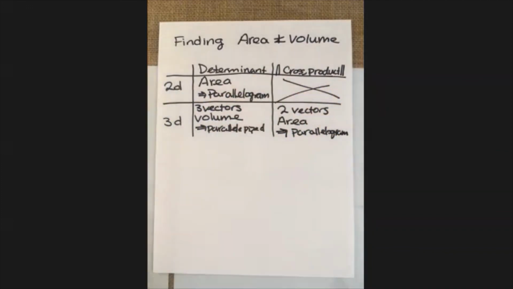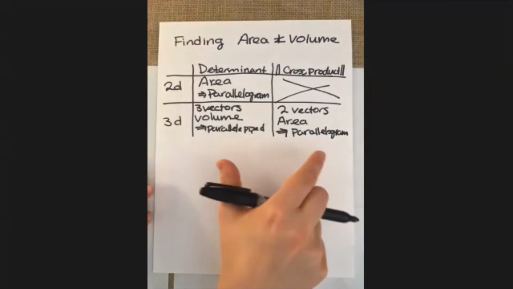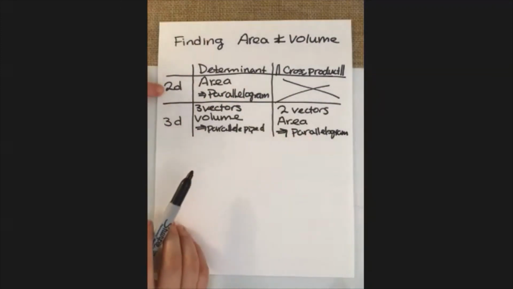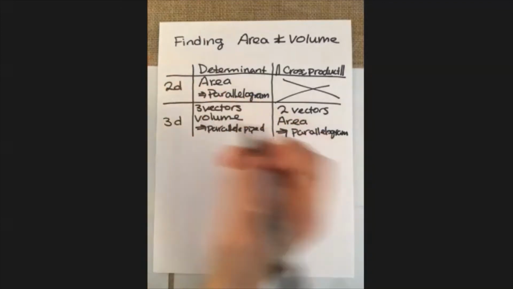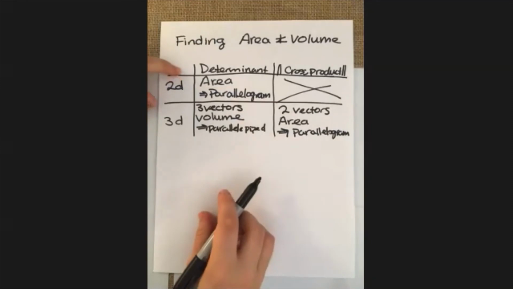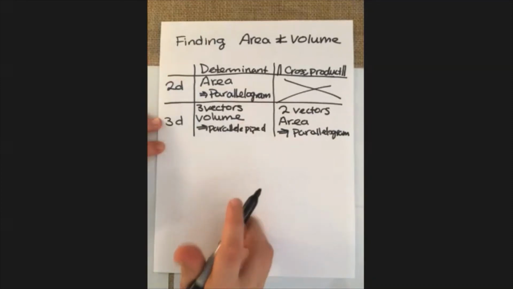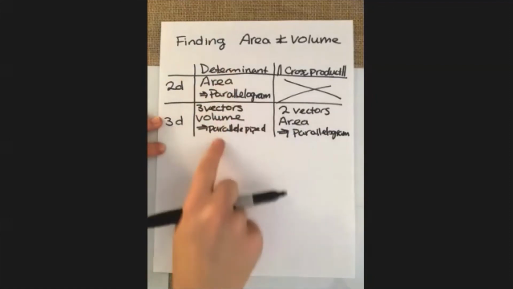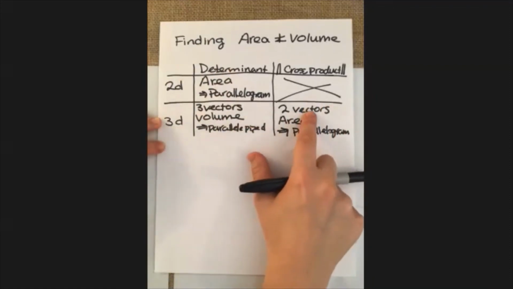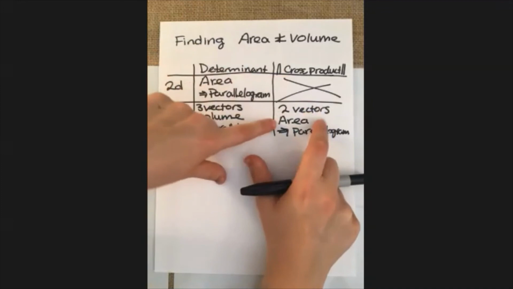So hopefully that helps in helping you make a decision between whether or not you should be using a determinant or a cross product. Again, just to reiterate, when you have two-dimensional vectors, or your vectors just have two components, you're always going to use the determinant. When you have three-dimensional vectors and you're given three vectors in this case and you're going for volume, you use determinant. And if you have two vectors that have three components, it's going to give you area and you want to use